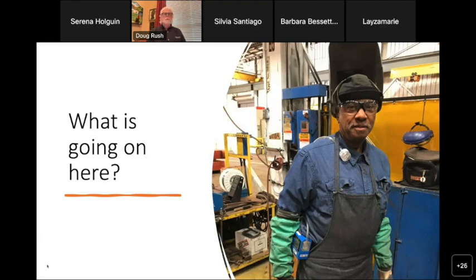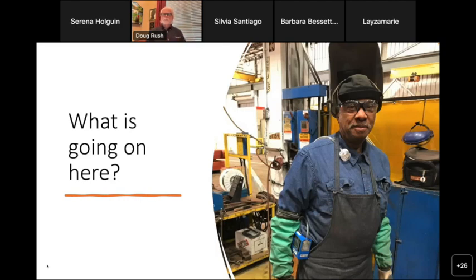You see on here a nice gentleman with what looks like an air sample pump on him. Looks like he might have a welding helmet on, some safety glasses. Just looking at that picture, we just don't know what's going on here. We don't know exactly what's being sampled for, how long he's being sampled, why he's being sampled, or even where exactly he's working in this facility. We don't know a whole lot of things.